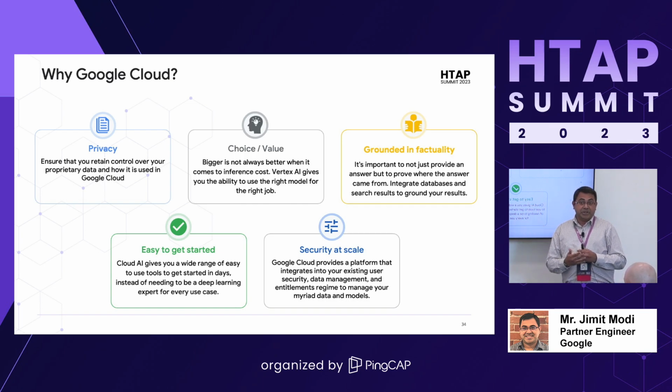Grounded in factuality, this is something you'll start noticing if you go and ask Bard or any other LLM which you have today as well. It's going to give you results, but it's going to tell you how it got to those results. Oftentimes, when you ask a question to an LLM, let's say you ask ChatGPT or something in Microsoft Bing, if you do not get context on how the response came, you kind of question it, like, is this correct? How did it come to this conclusion? Why is it telling me this? So this is something we have been enforcing a lot: any question you ask, it's going to tell you how it came to that conclusion, what all papers it saw, what all research it did in figuring out the solution.